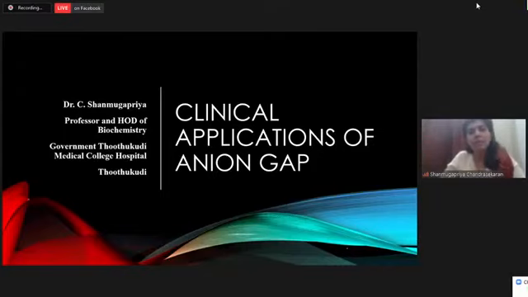So the main reason why we thought of discussing this topic today is that we were discussing MCQs in various groups, and we found that students find it difficult to interpret ABG charts based on anion gap. And not just students, even for clinical practitioners, when it comes to ABG report interpretation, I won't say it's difficult, it's just that the basic concepts have to be made clear. So the main objective of this session is to clarify any doubt that might exist behind the term anion gap.